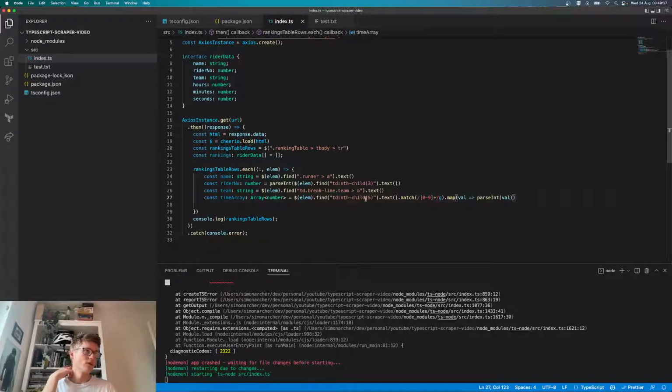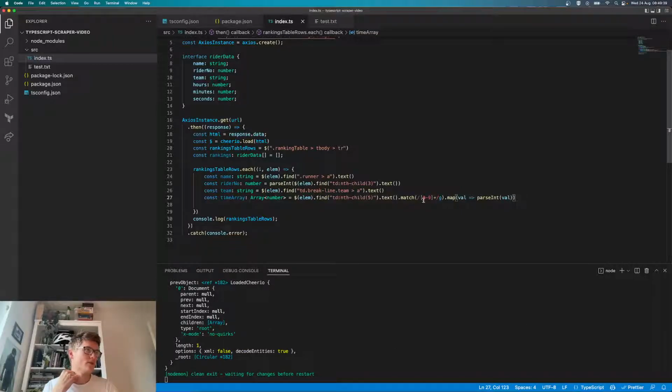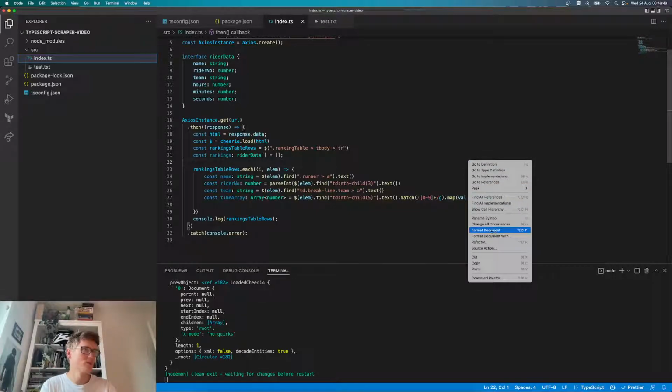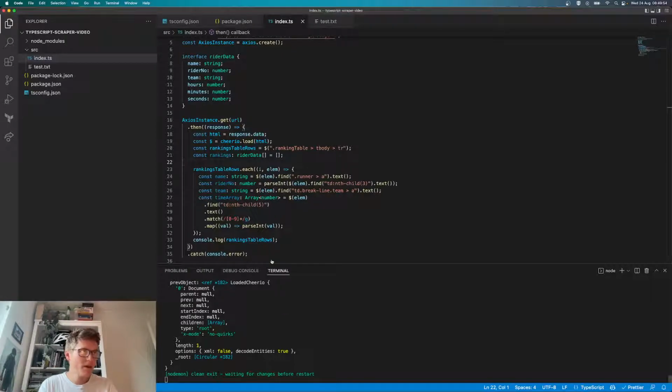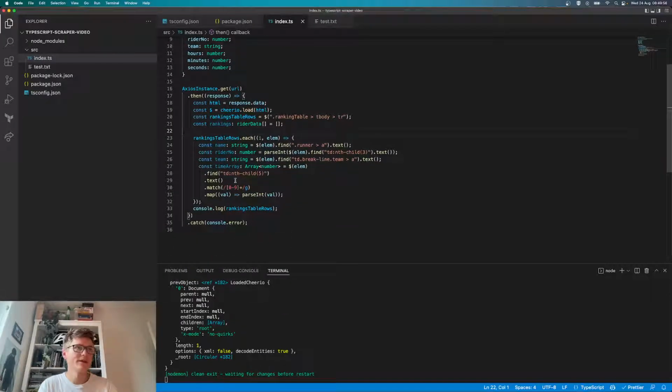So we've gone from a string to an array of strings, but TypeScript doesn't know that, it just knows it's a regex match, and then we've gone to an array of integers. So let's format that a bit nicer. Okay. And rather than console.log rankings table now, let's console.log. Or sorry, once we've got this element here,